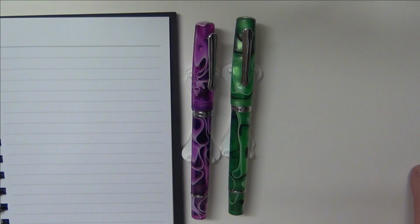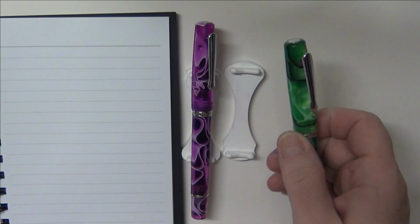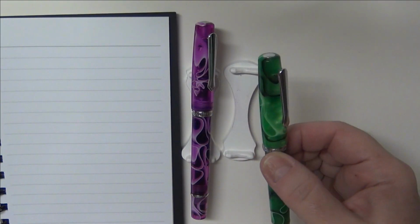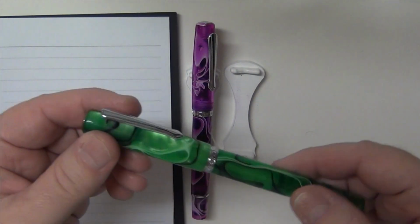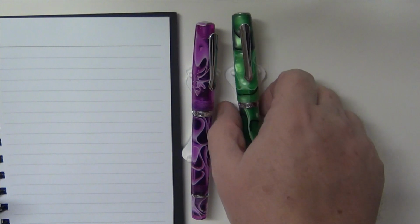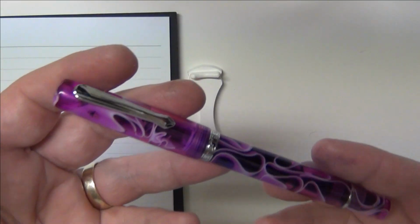Now that you know more than you really wanted to know about the size of a Merman Narwhal or a Hippocampus Narwhal pen, let's go ahead and show you how it does when you put it in the hand and go to write with it. I'm going to set this one aside because it is not inked up, as I showed you earlier. So you pick it up, and one of the things you notice, inked,